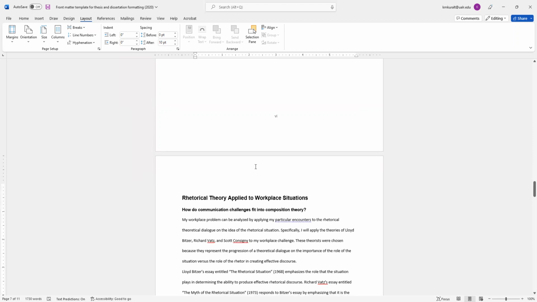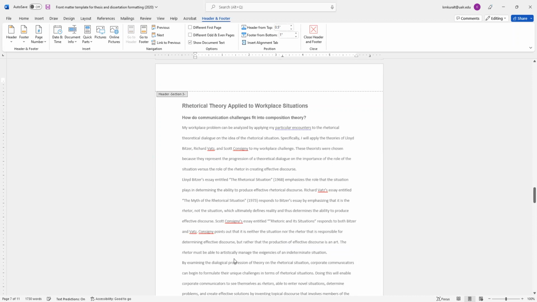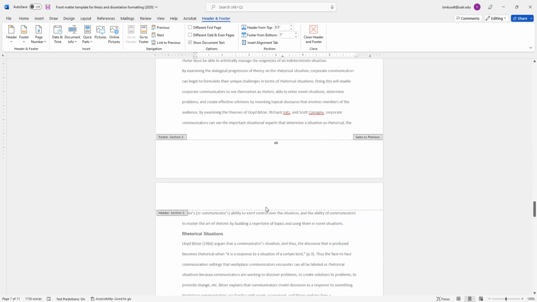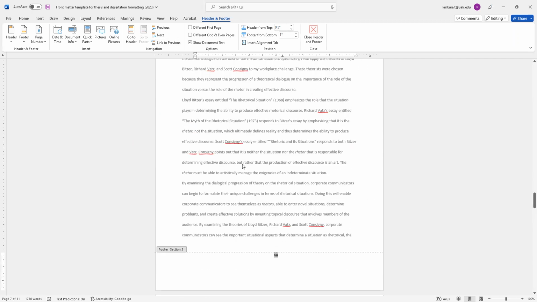Now we're going to have to break the link to previous thing twice. All right, so double click up here. Look, you know we did it right because there's footer section 2 and now we have a section 3. Okay, I'm going to unclick link to previous because I don't want to put any little page numbers in the top of the others. And I'm going to put my cursor down here and again, unclick link to previous. So that breaks that. Now I'm going to take off these page numbers.